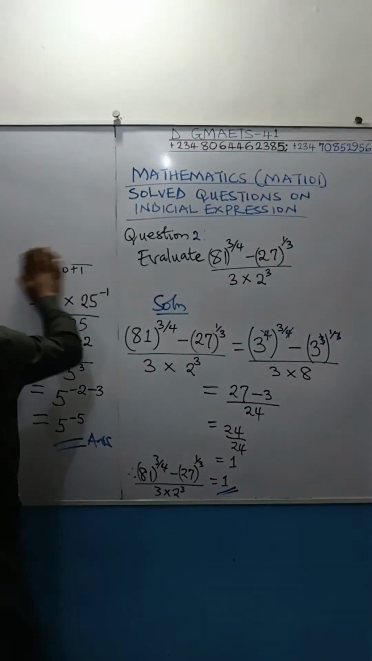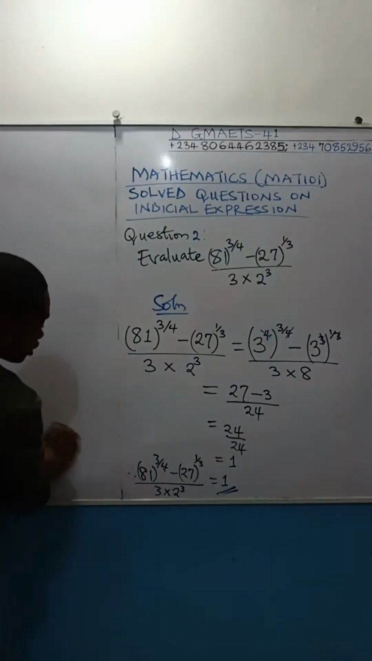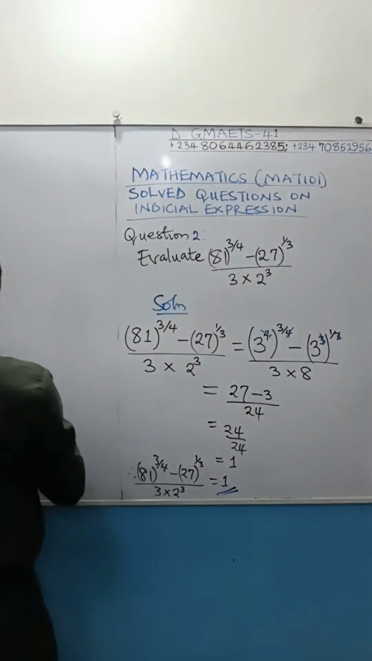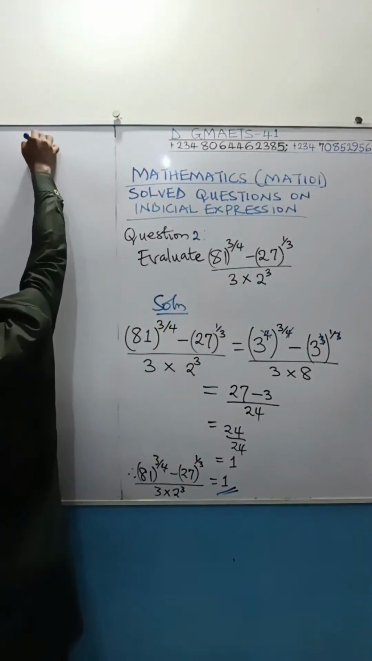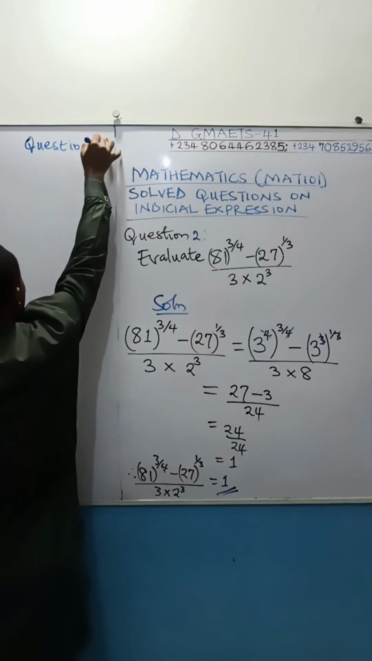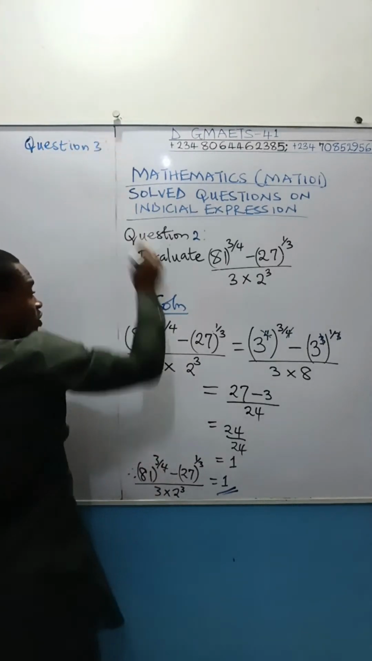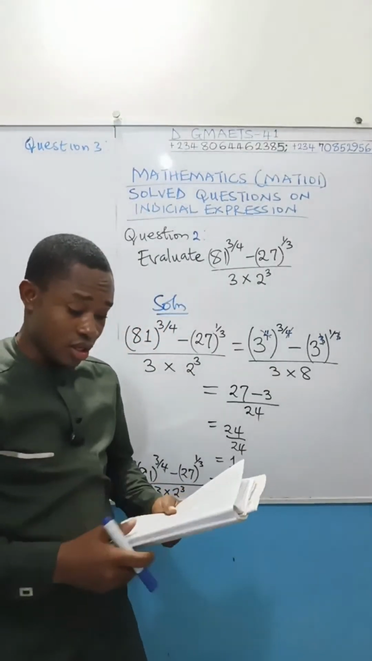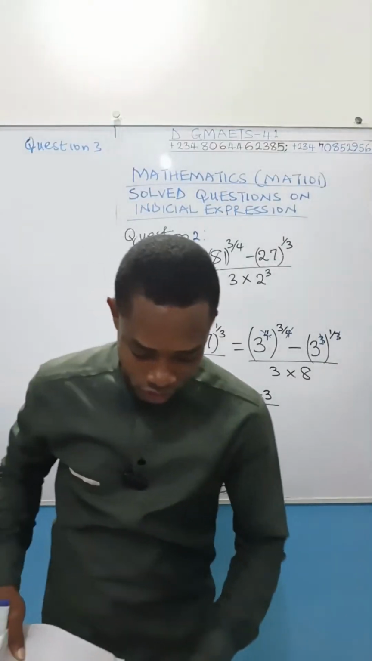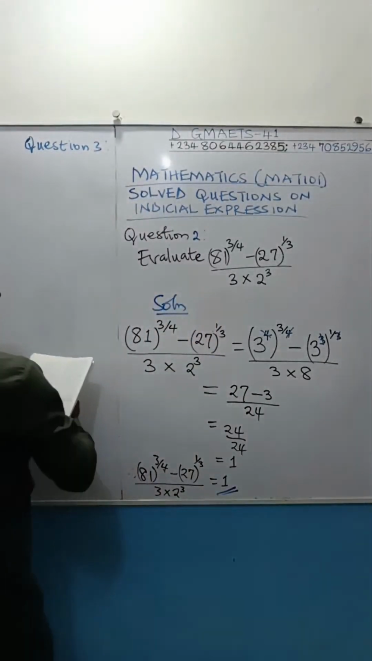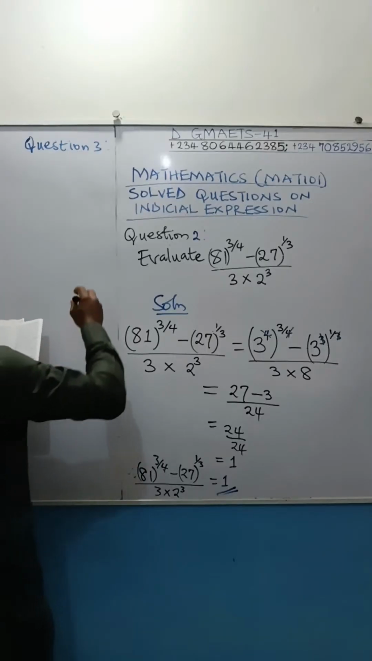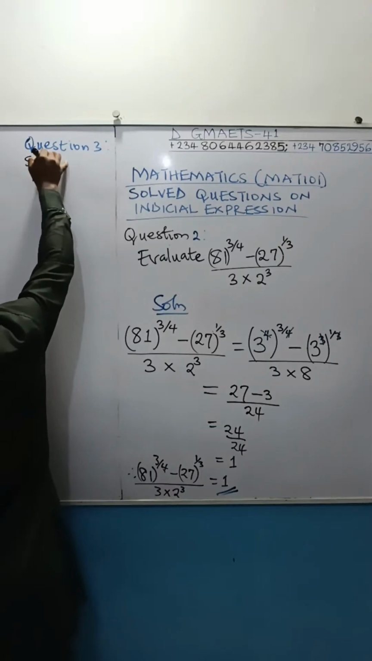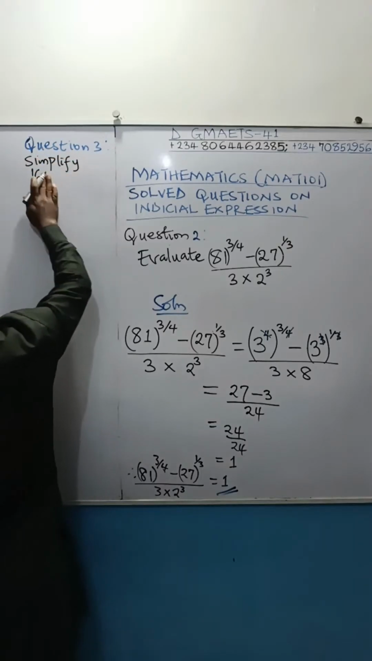Number 3. Remember, we are just solving question after question on indicial expression. This will take us to question number 3. What do we have here? Question 3. By the way, this question we solved. The correct option from here is option A, because option A is 1. If you followed up when I read the options, you would have heard that. So let us move on to another question, and I'm going to be pretty fast this time around. If you still have problems with the laws of indices, please